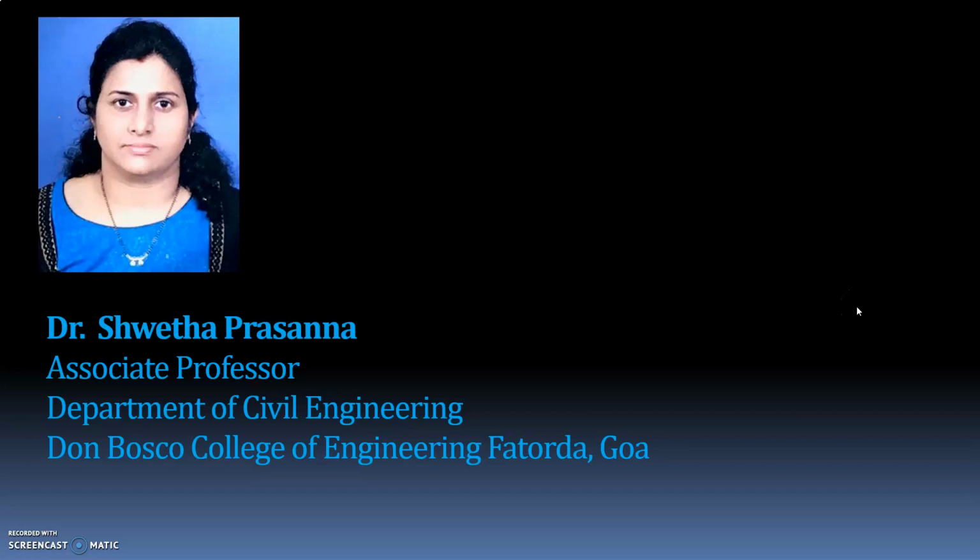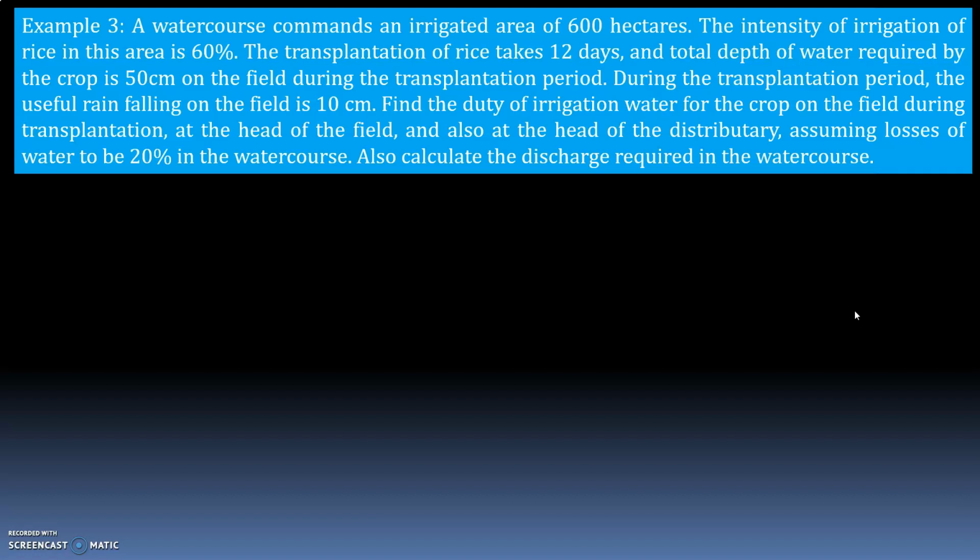Hello, my dear students. Let us take one more example. If a water course commands an irrigated area of 600 hectares, the intensity of irrigation of rice in this area is 60%. The transplantation of rice takes 12 days and total depth of water required by the crop is 50 centimeter on the field during the